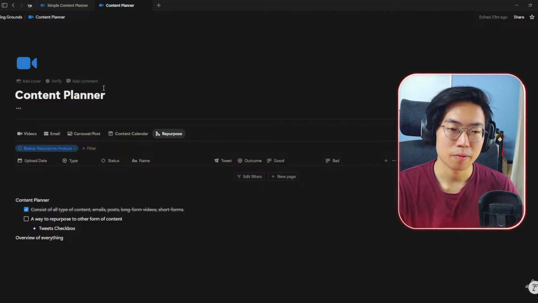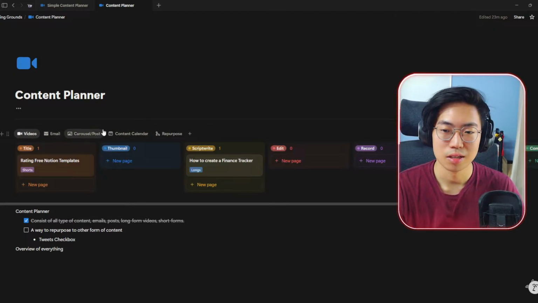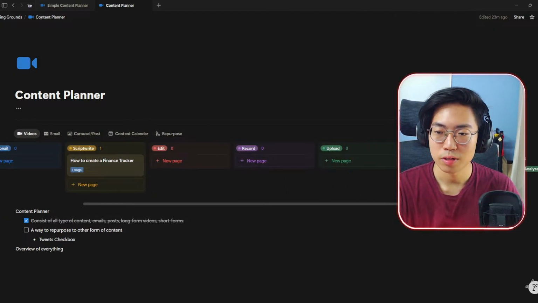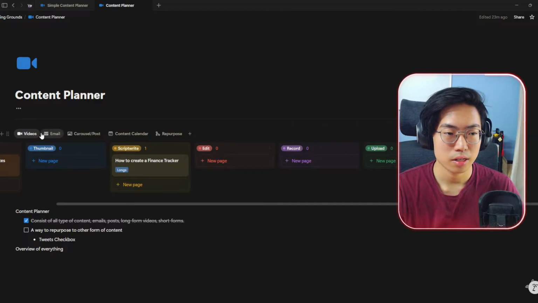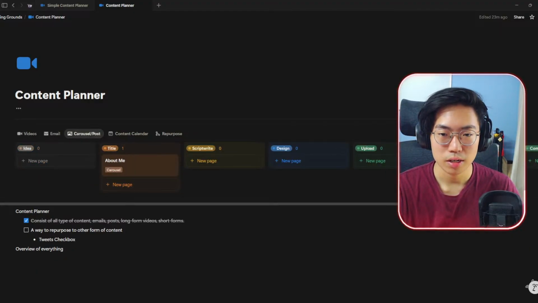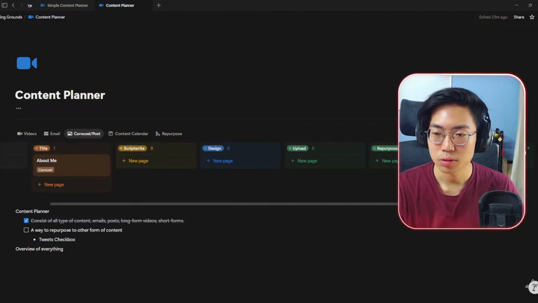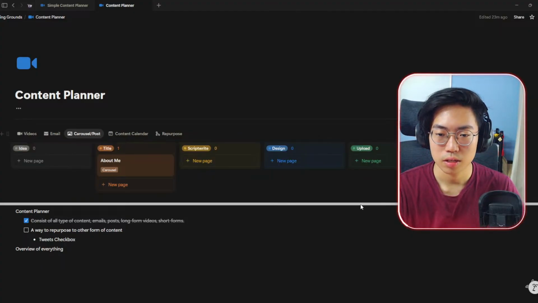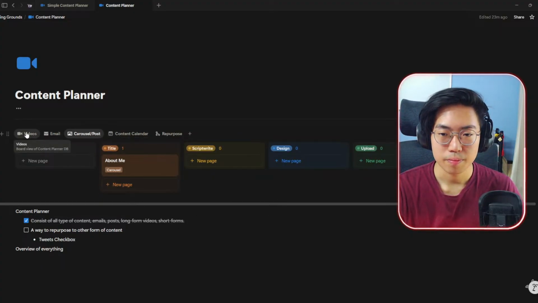I feel like I want to have one more page just to analyze. Uploaded, completed. This one I can hide. This one also, hide. And this one as well. Yep. So every time it goes to repurpose and analyze, I can hide it